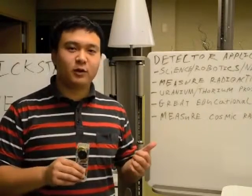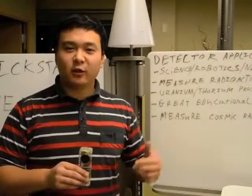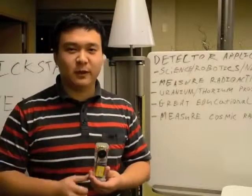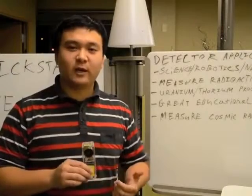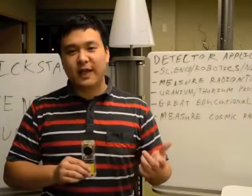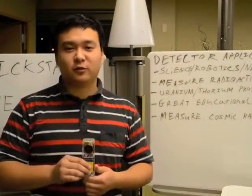Well, it's a great tool for science, robotics, and near-space projects. It can also be used to measure radioactivity, especially in fields like medical and military fields. And it can be used to prospect for uranium and thorium ore, as well as a great educational tool for classroom and demonstration purposes. And it can be helpful to astronomers who want to